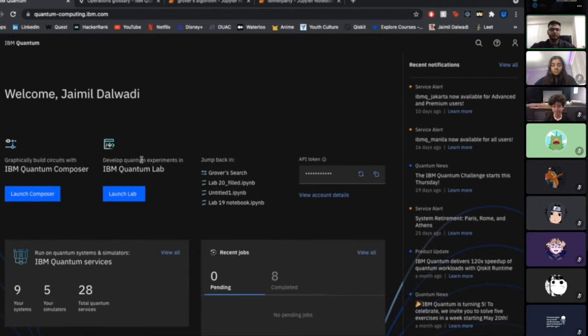So we have the IBM Quantum Lab, and we have the Quantum Composer. The Quantum Lab deals a lot more with coding based, or the hard coded, whereas Quantum Composer is more visual for us, I guess you could say today. There's also something called IBM Qiskit Metal, which is used for hardware, but we won't be going into that today.